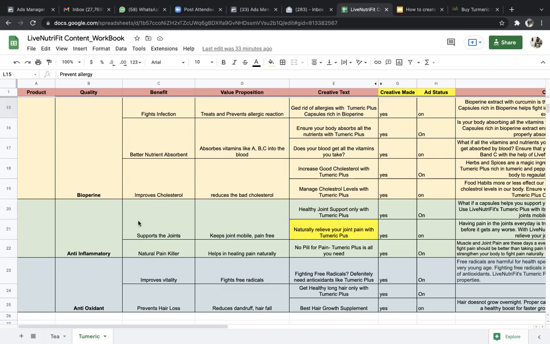Though we shared the pixel ID, we still saw a huge spike in the cost per result. When we saw that the major problem was in the CPC, in our old ad account our CPC was around 25 to 30 rupees, but in the new ad account that same CPC went up to 57 rupees. Even the CTR was the same, but the CPC was very costly.